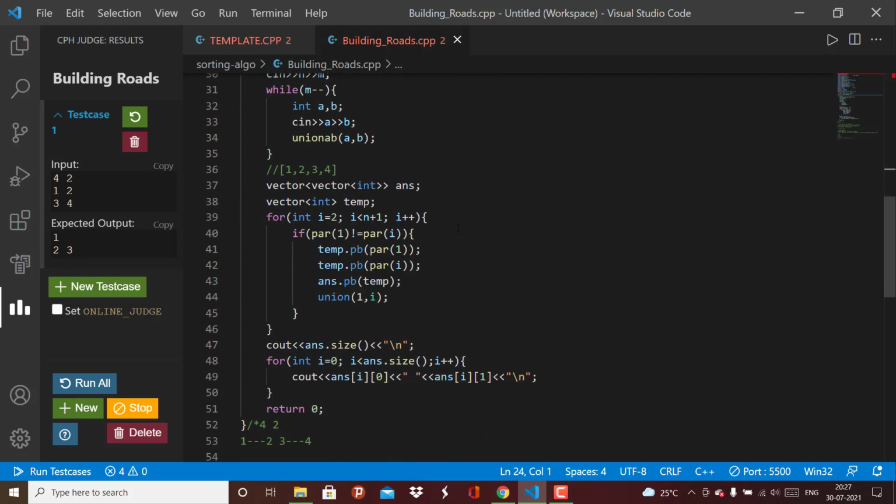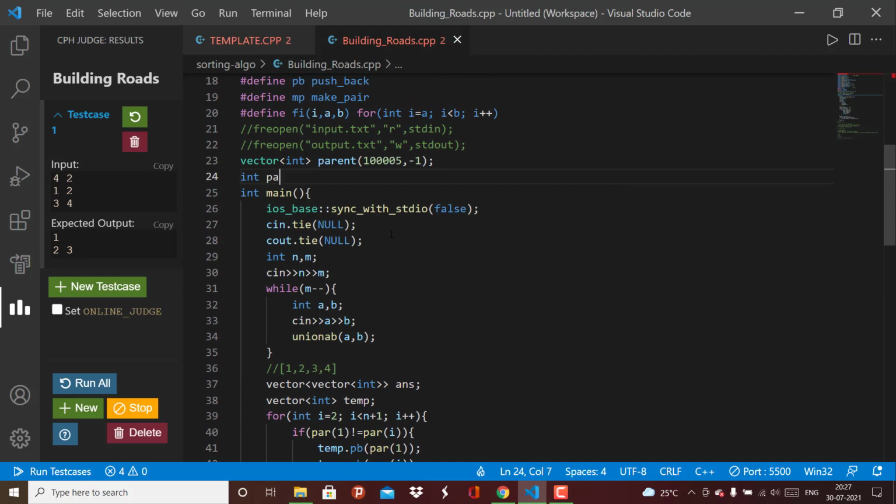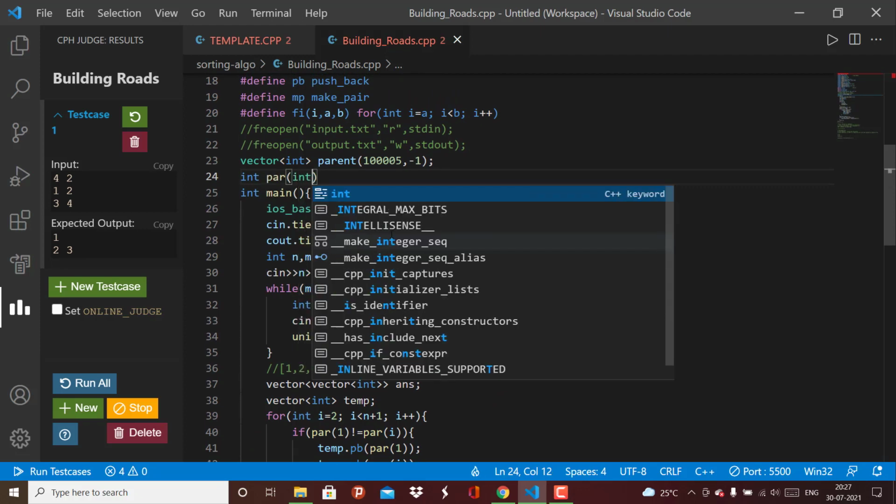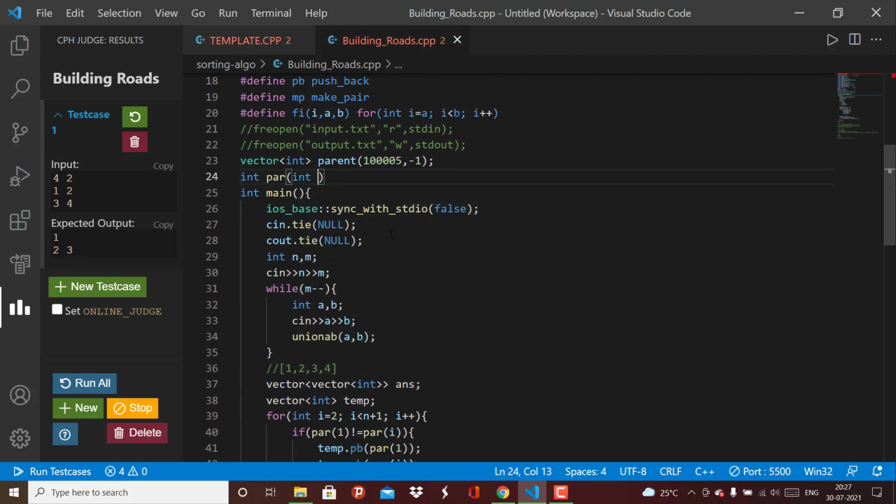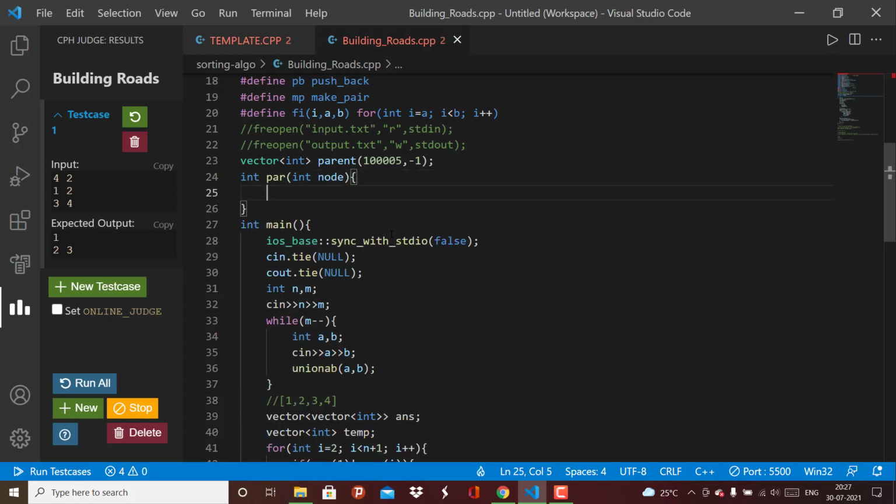So what does parent function return? It returns back an integer value. So int parent, it takes in the number as argument, int node. So this is the present node. So if parent of node is equal to -1, that means that it doesn't have any other parent. So this is a super parent.